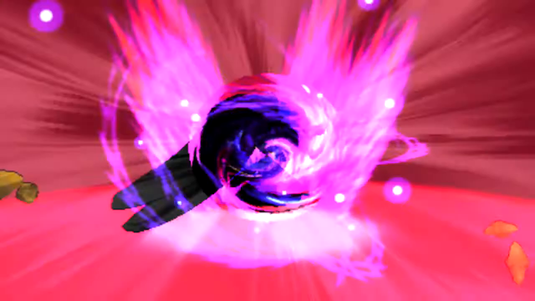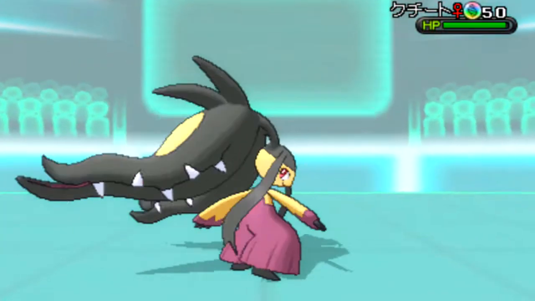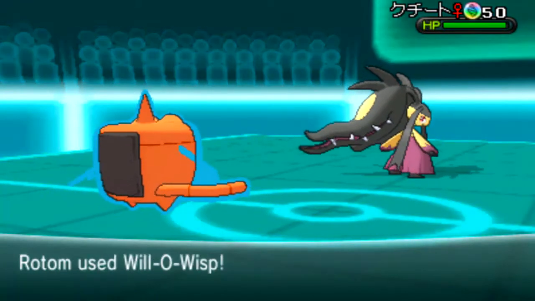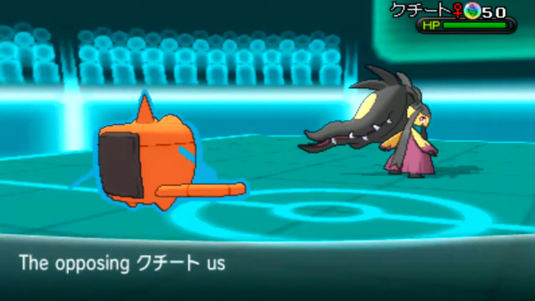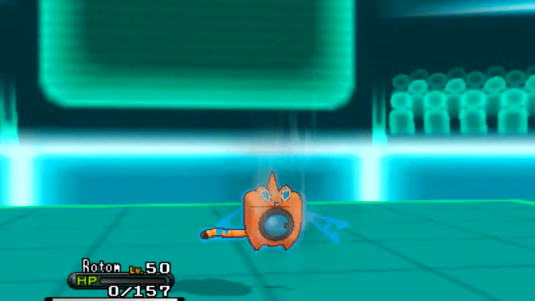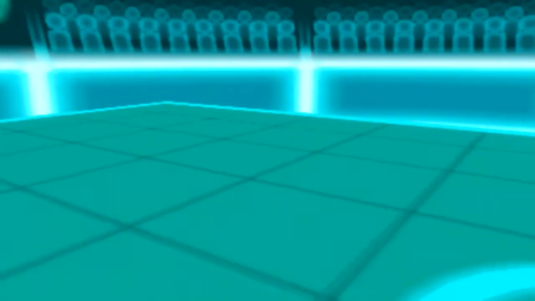So in comes his Mawile now on my Rotom Wash. I wanted to bait in this Mawile or even his Infernape to see what he wants to lock himself into, but in comes his Mawile. I do have the Will-O-Wisp. Unfortunately, I miss on this thing. We all know Mega Mawile is a huge threat. He's just going to clean wipe out my Rotom Wash with that Play Rough,